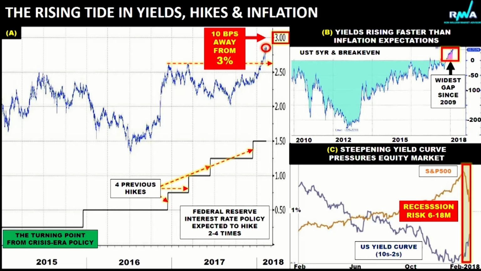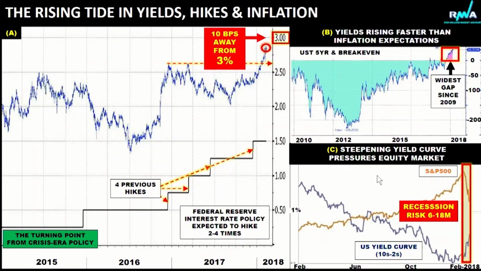And of course, it's something to watch now in terms of the fears, not just behind the yield itself, but behind fiscal policy in the States and how some of the policies are actually going to be funded, and also how this might affect the equity market. Yeah, bottom of the first chart on the left-hand side there, you've got 4 previous rate hikes. Explain how the rate hikes feed into what's going on in the bond market.